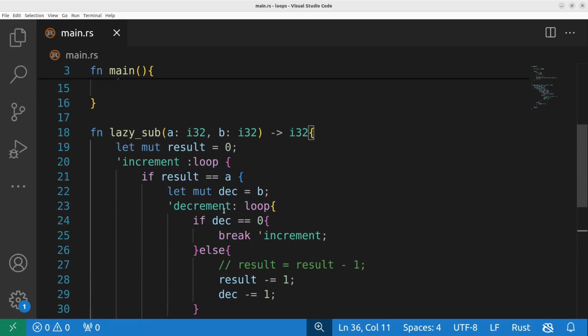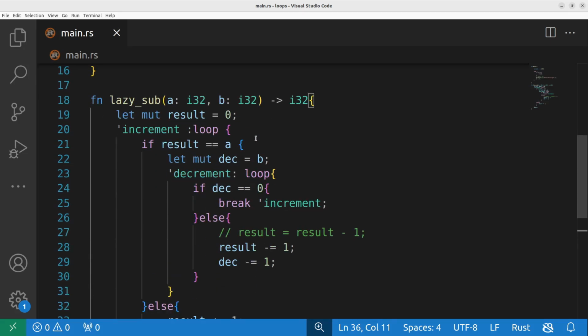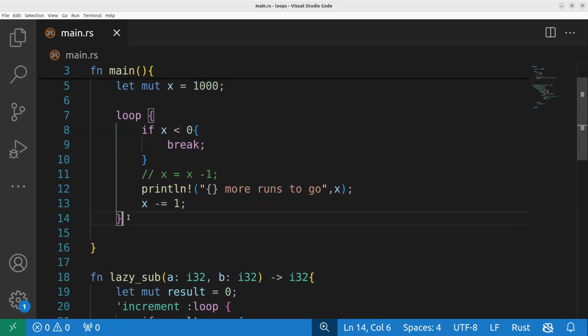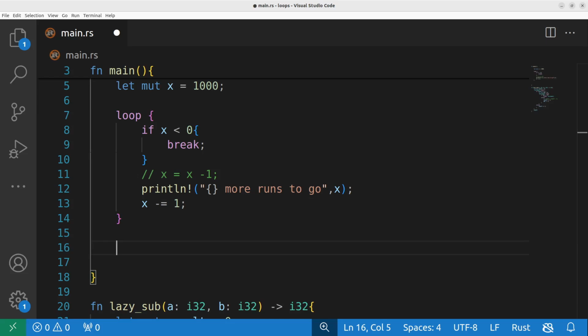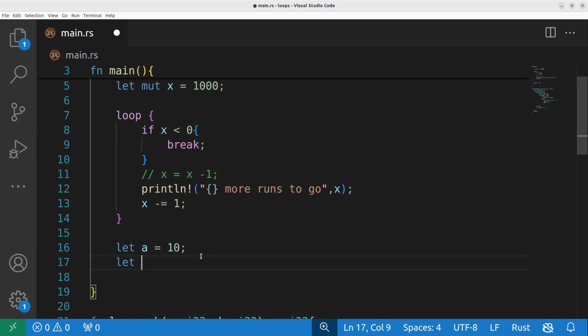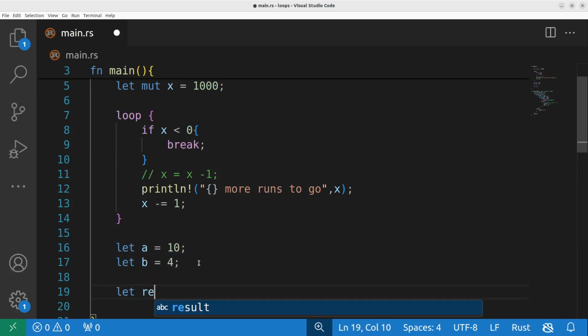Now, what is this function really doing? Let's first pass the variables here. So if we let A equal 10, this is automatic type conversion, or else we will get that those are integers, and this is 4. If you want, you can say this is i32, but it's not necessary. Okay, so A is 10 and B is 4, and we want to get the result. Let the result equal the lazy substitution, where we are passing A and B,